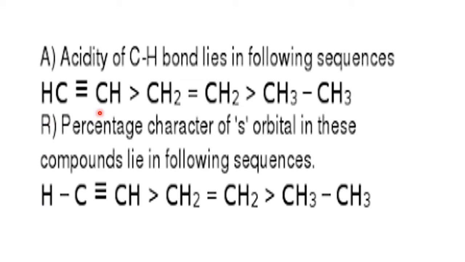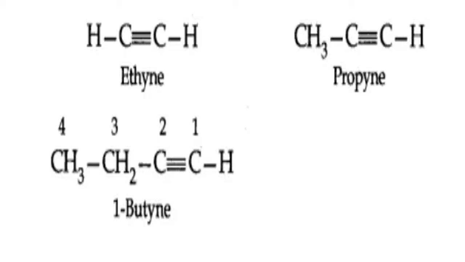This is the order. If you compare with alkane, alkynes are the best acidic. But within the alkynes, ethyne is more acidic than propyne, than butyne. Here one methyl is electron donating to this carbon where the triple bond is there. Here ethyl is there, still more electron donating, so less acidic character. So this is more acidic than this because of the structure.